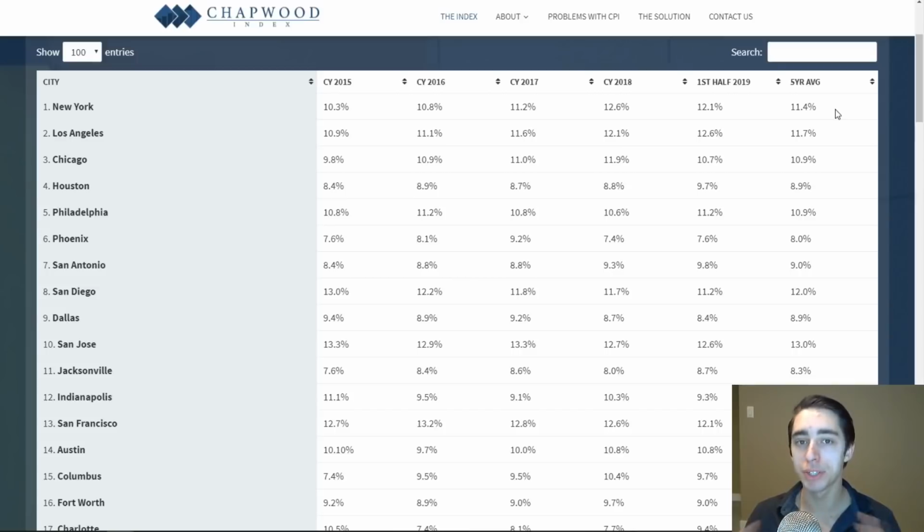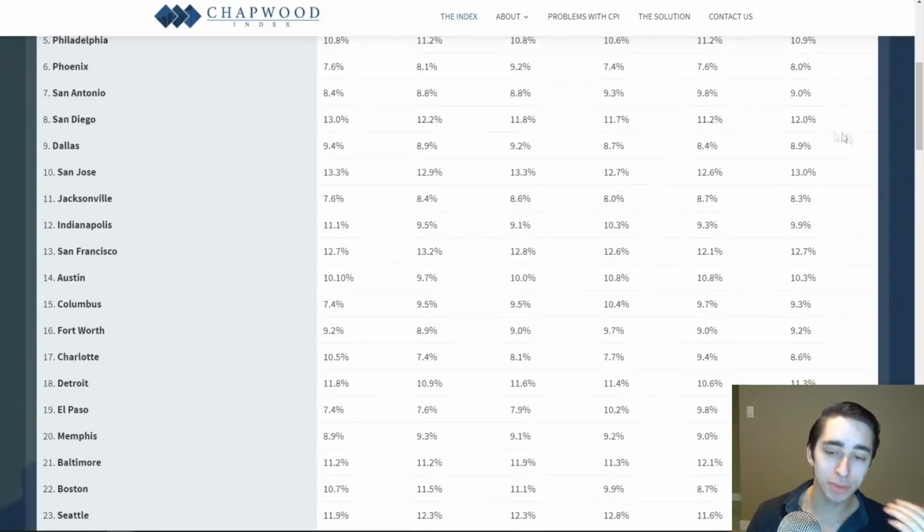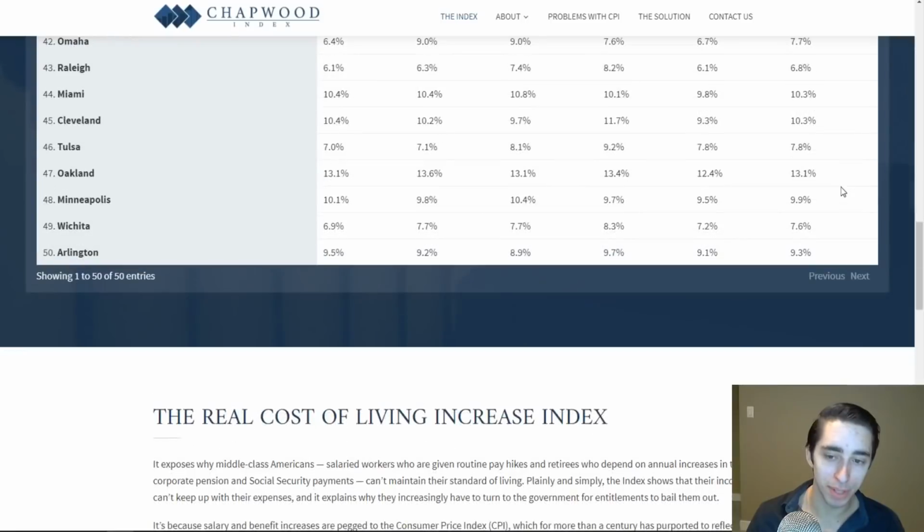Now, there are some variations here. Sometimes prices can rise because of supply and demand. There is an increase in demand in the economy. For example, mortgages or rent might go up in certain cities because there are a lot of people who want to move to that city. A lot of people want to live in New York City or LA, or in Boston or San Francisco because there's economic opportunity there. But taking this into mind, we can see that no matter what city you look at, you can take the bare minimum, where you see some cities with an average of around 7 or 8%. I think the lowest here is Tulsa and Wichita.